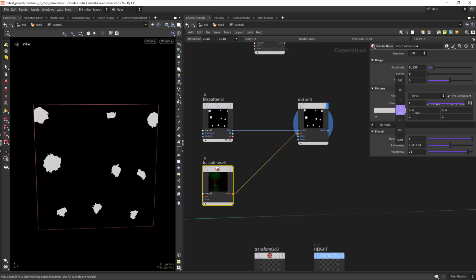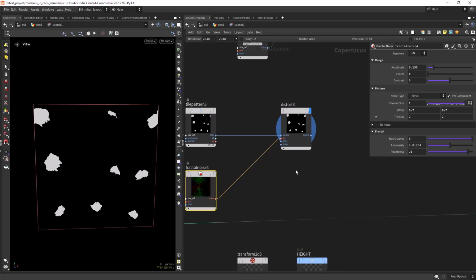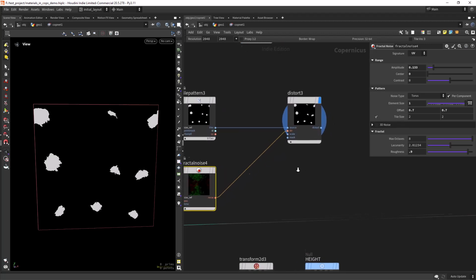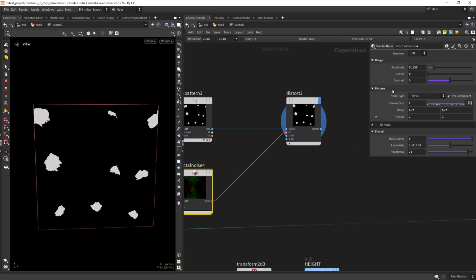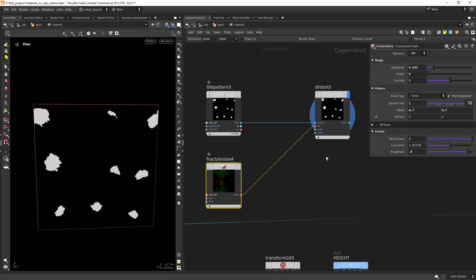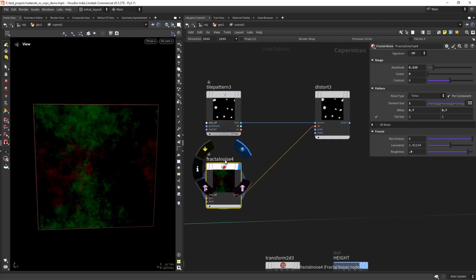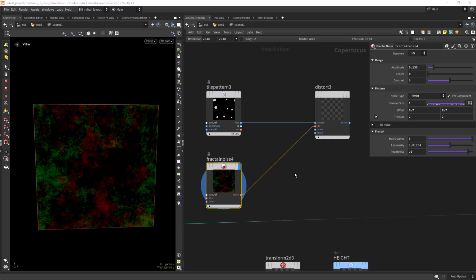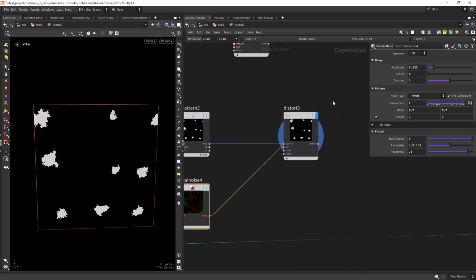Let's change the offset to 0.7. And this is looking correct. And let's change it to perlin. That's why it was different. So